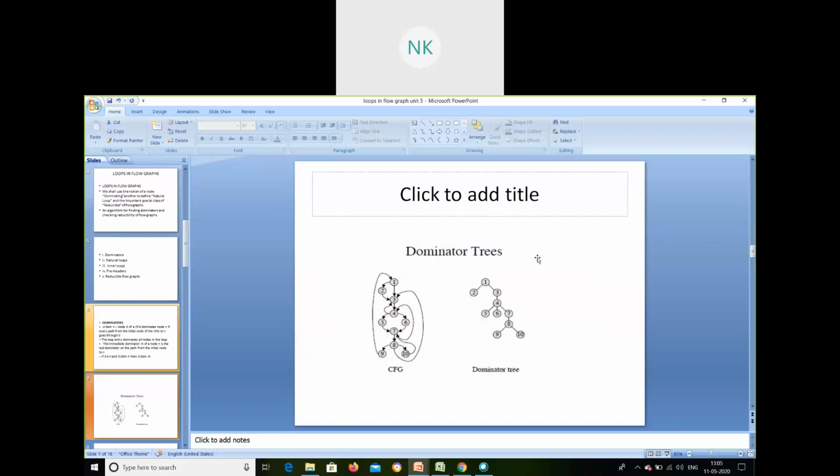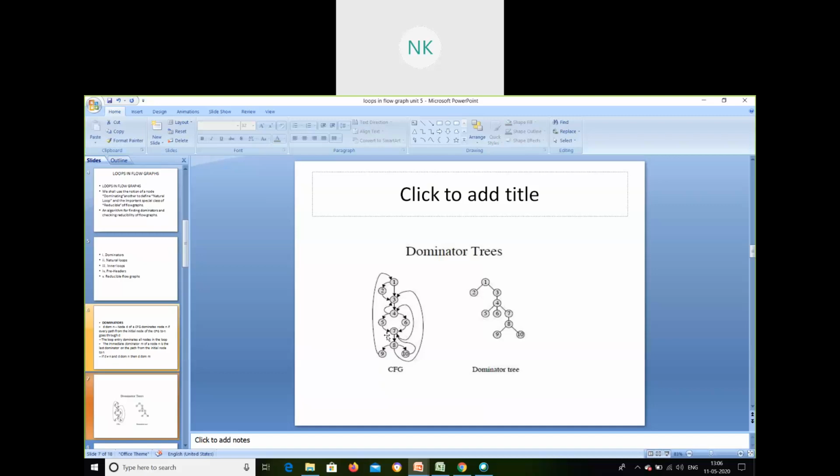In the example here, the dominator tree is going to be 1, 2. I will be able to go to 3 either by 2 to 3 or 1 to 3. Correct? So if I go to 3 only, I will be able to go to 4. I will be able to go to 5, 6, 7, and the remaining nodes. So 3 is a dominator of 4. Block 4 has in turn 5, 6. I will be able to go either 4, 5, 7 or 4, 6, 7 also. Correct? So 3 is dominating 4.